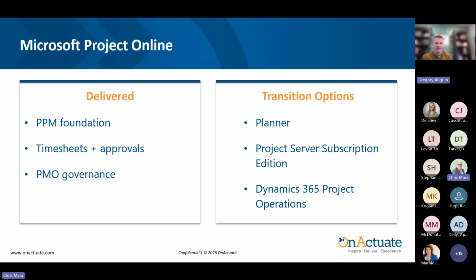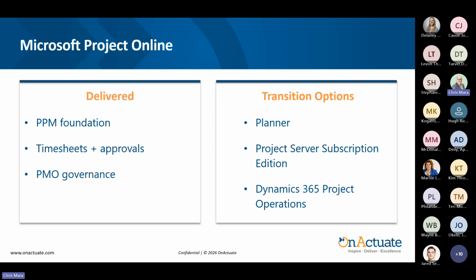Perfect. Thanks, Greg. You bet. So before we talk about replacements, let's be honest about why Project Online was adopted. Project Online delivered your classic enterprise portfolio project management. So it covered project intake and approval workflows, portfolio prioritization and roadmaps, capacity and resource planning. But it also gave you a PMO layer. So Gantt charts, dependencies, critical paths, baselines, variance tracking, master and cross-project planning. It provided governance and risk compliance, stage gates and approvals, consistent delivery standards across departments.